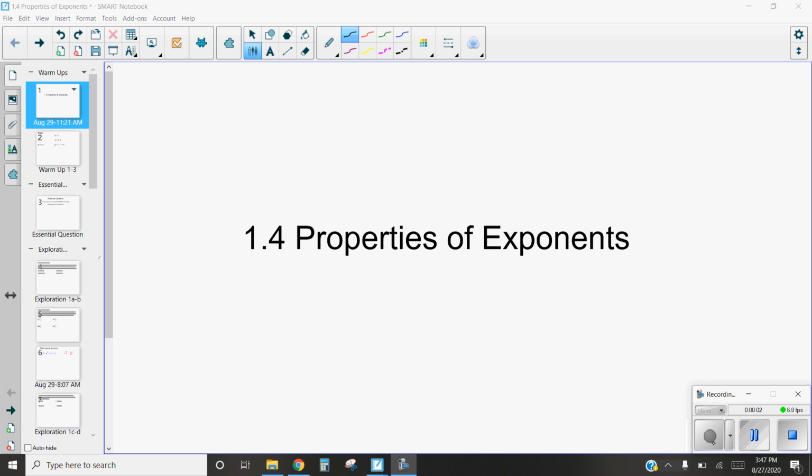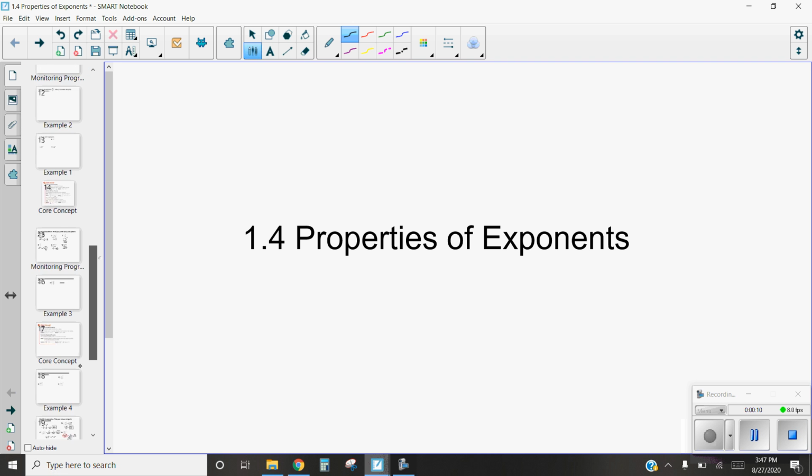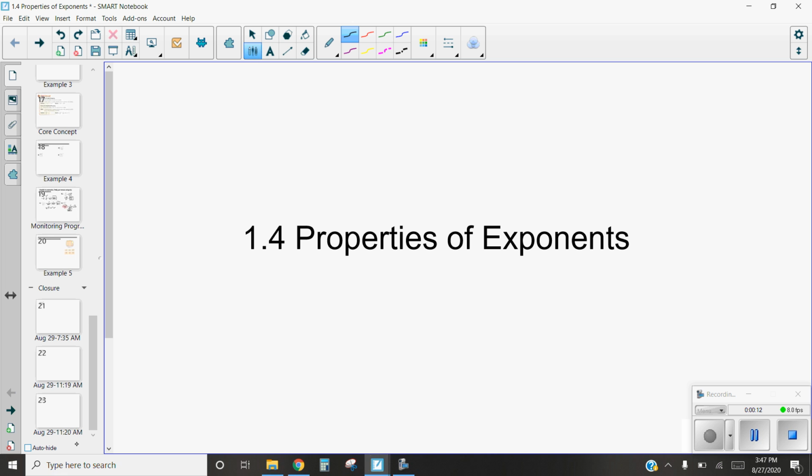Hi, this is Mrs. Kidman, and I just wanted to wrap up our discussion on properties of exponents by applying all of the different properties that we've talked about to different problems. So we're going to take a second to simplify a couple of different problems here using all of the properties that we've talked about. If you don't know what these properties are or you have questions about it, please check out the previous 3 videos that all discuss each of the different exponent properties that we will be using in